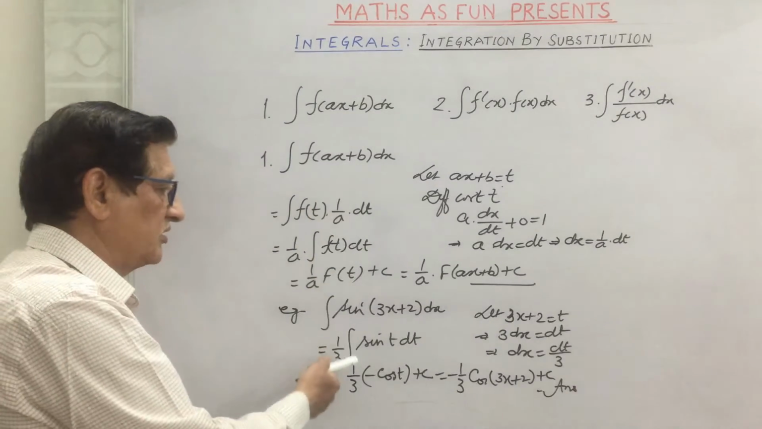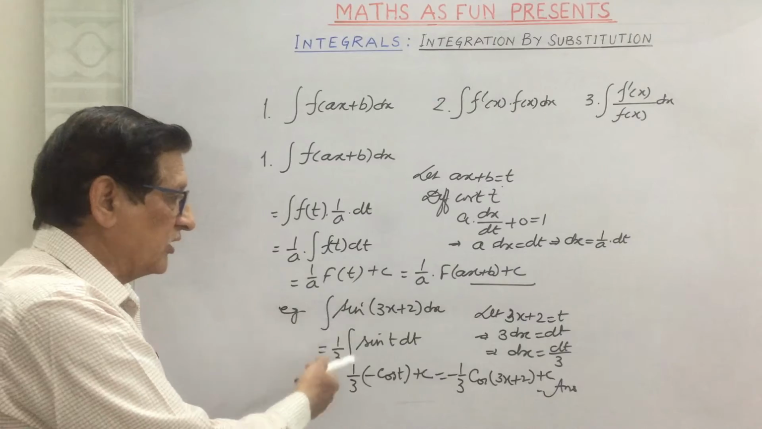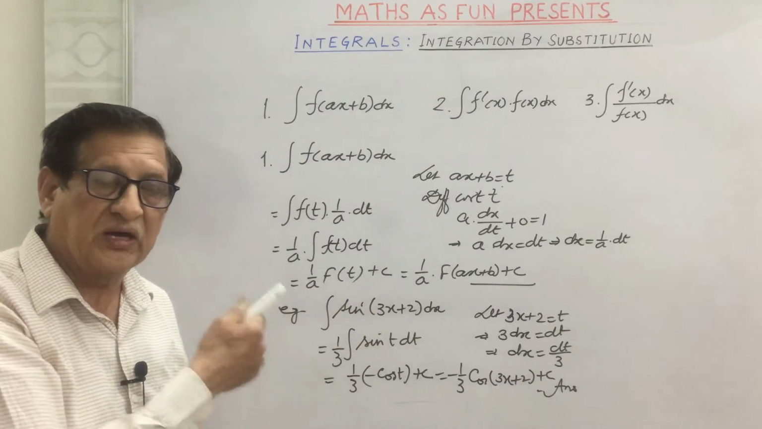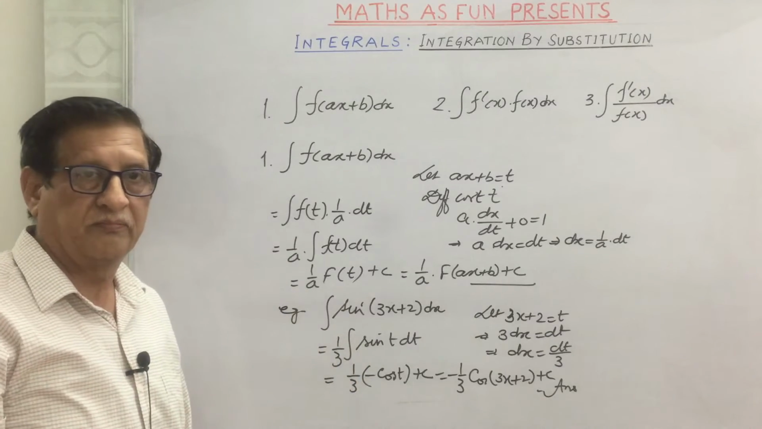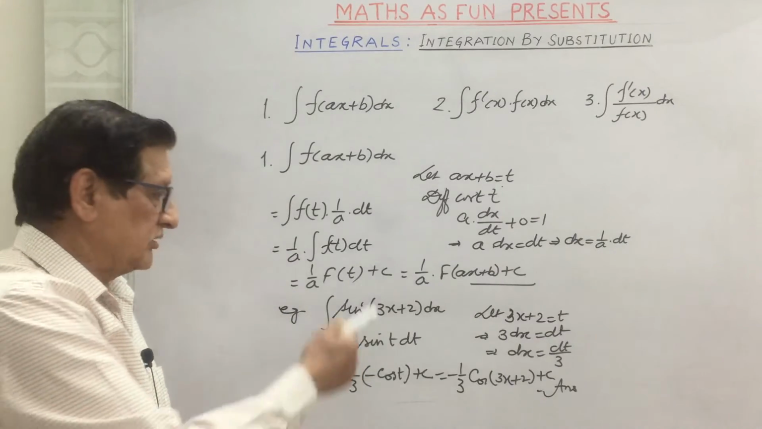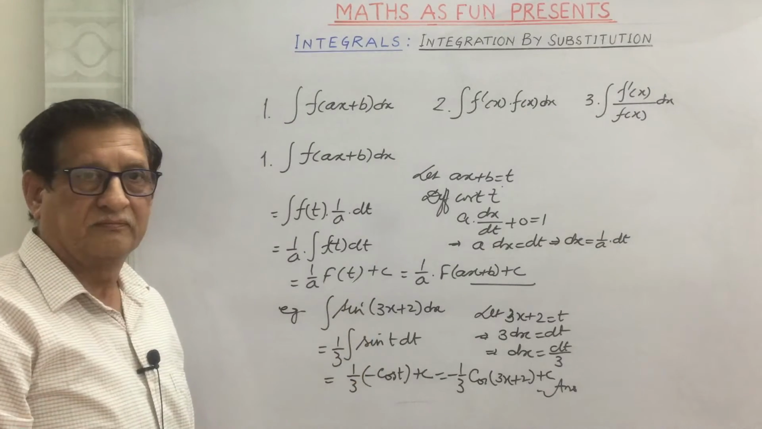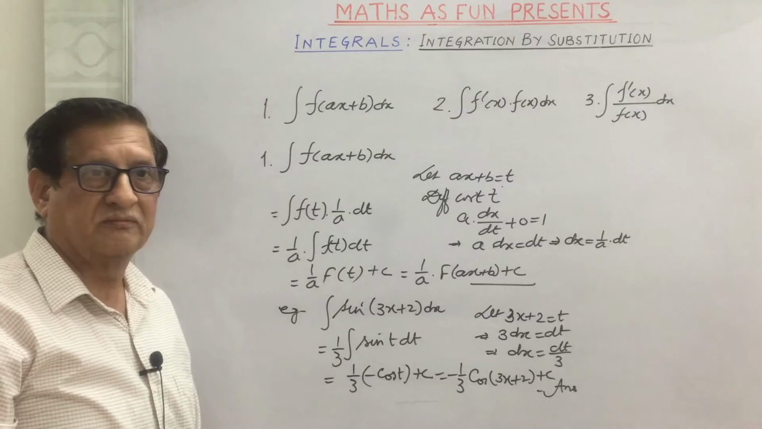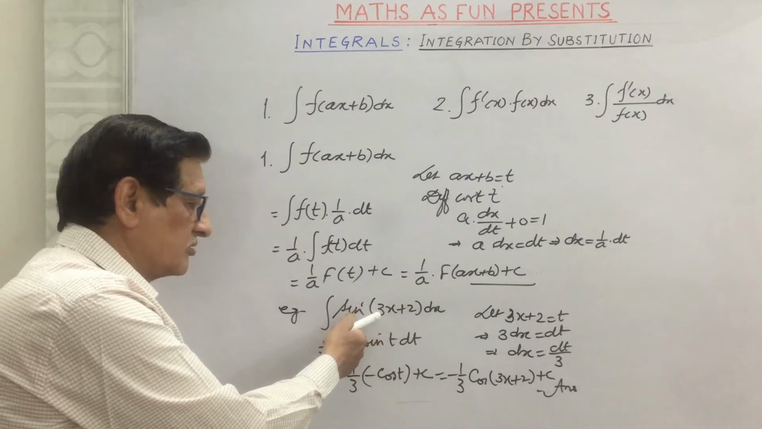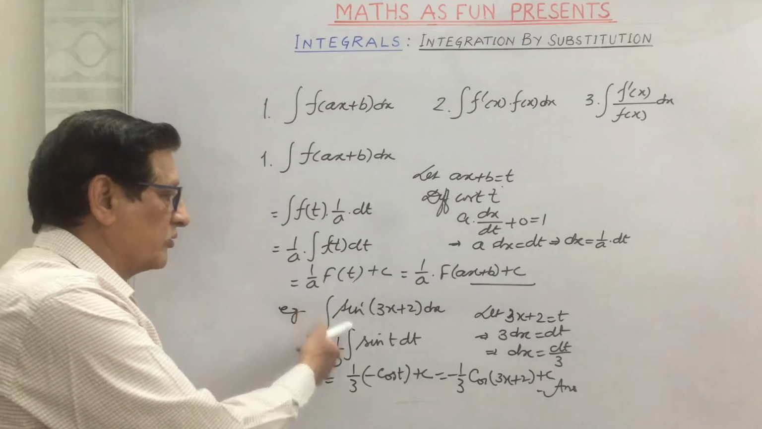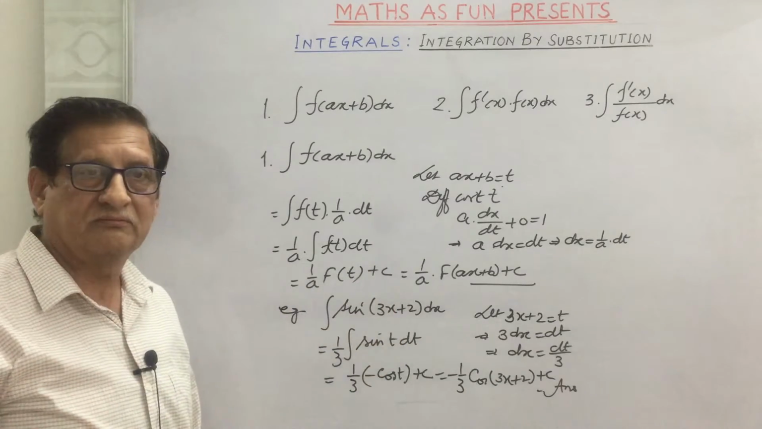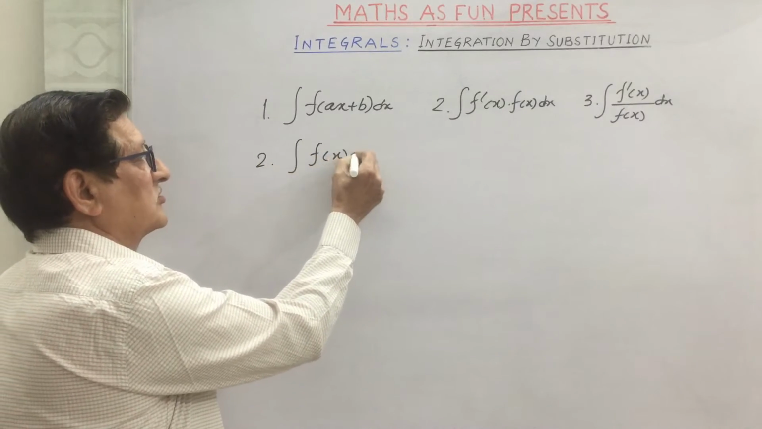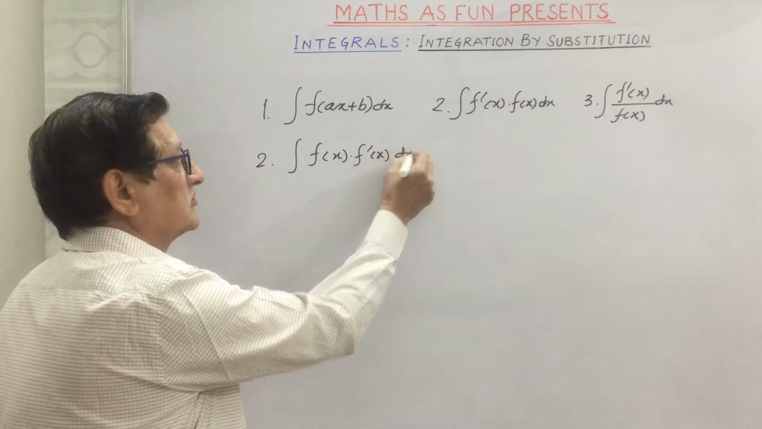Generally, what we can do in this type of problems, without taking this as t also, we can solve this type of problems where we have linear functions of x. And what we find here is that the coefficient of x comes as the multiplication in reciprocal. Like here, the coefficient of x is 3, so it comes as 1 upon 3, and you can write the integration of sine t. In the second form, that is the integration of fx into f dash x dx, we can take